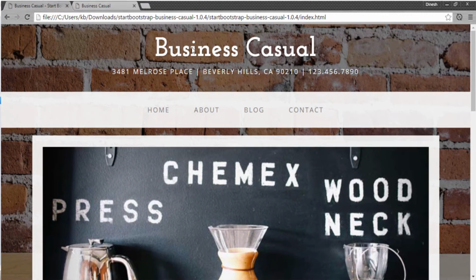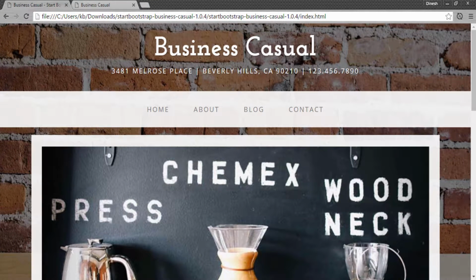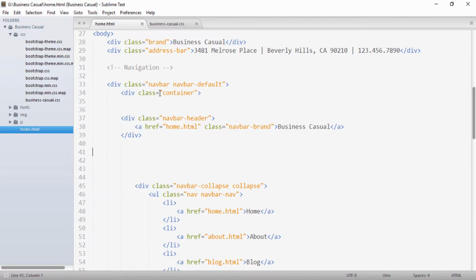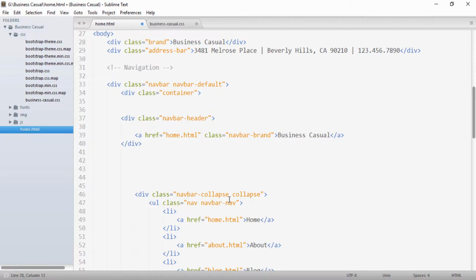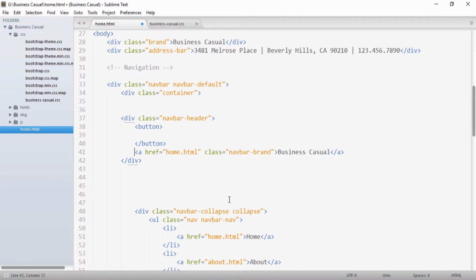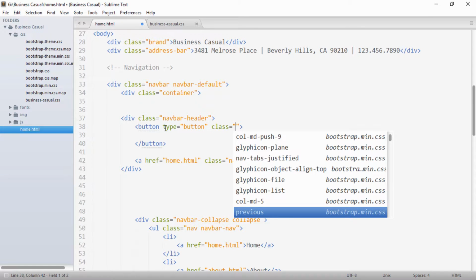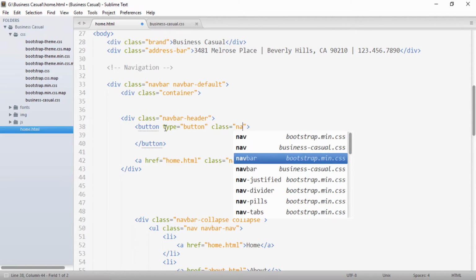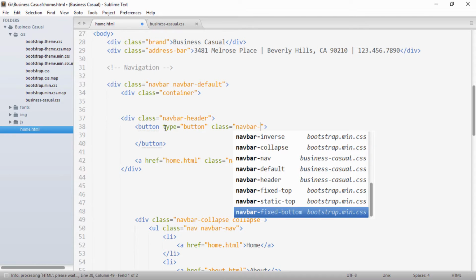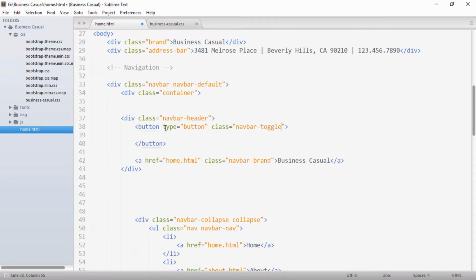If I go to my Sublime Text Editor, then here in my HTML, just above the brand, first I will be creating a button. To this button I will provide a type as button, and I will provide it a class as navbar-toggle, because it's a toggleable button.